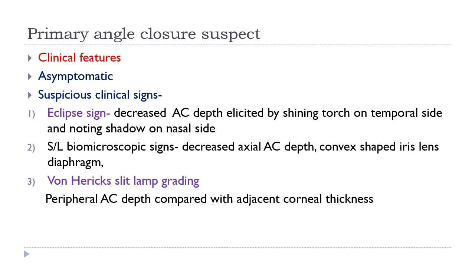When a patient has come for a routine eye checkup, you can make out whether any family history is there as such. In such a person, the AC appears to be shallow. When you go for the torch test, the shadow on the opposite nasal side seems to be more. Then anterior chamber depth is comparatively less. And on Van Herick's slit lamp method, you have grade 1 to 2. Ideally, in a normal case, the Van Herick slit lamp grading is grade 4. You say it is open angle.